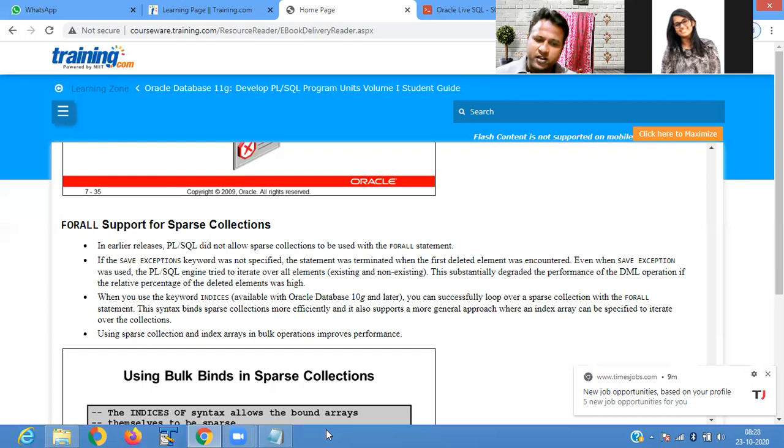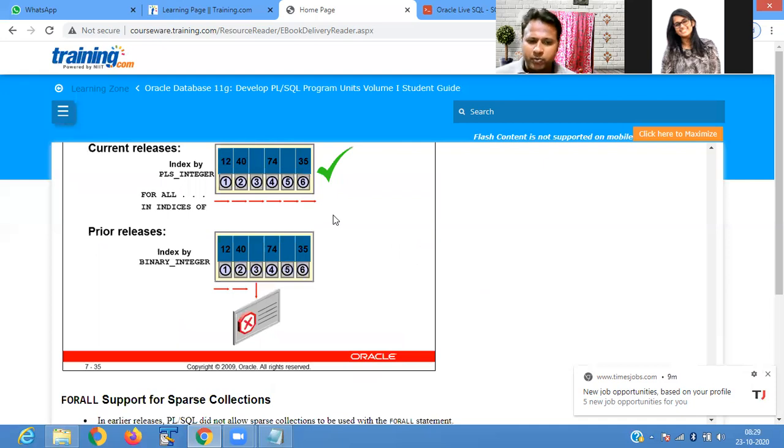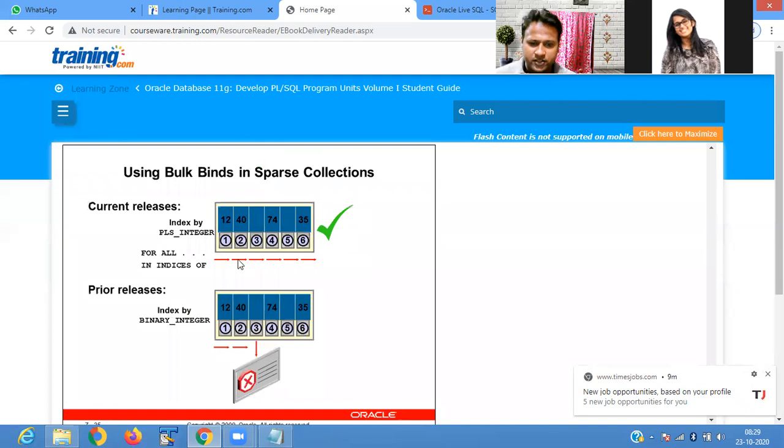Using a sparse collection and index array in a bulk operation improves performance. For improving performance, we are using the sparse collection. So here we are using the FORALL statement with the sparse collection, and it retrieves all the records.